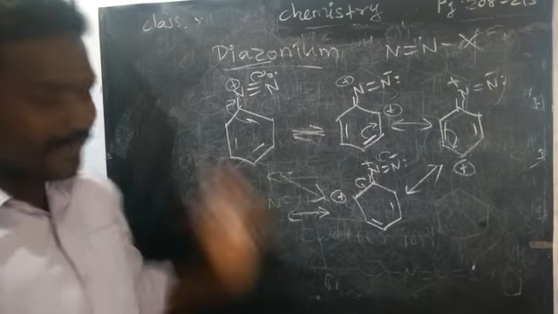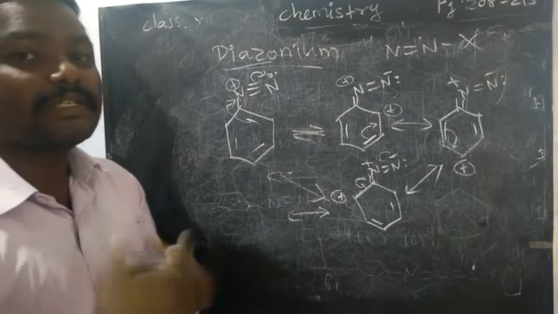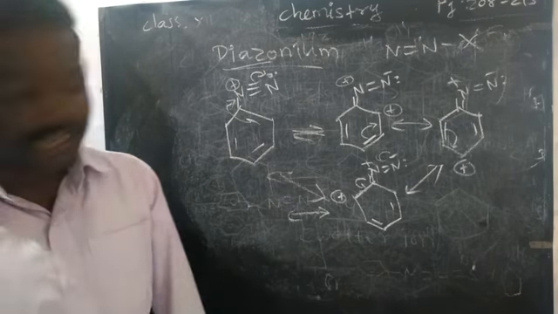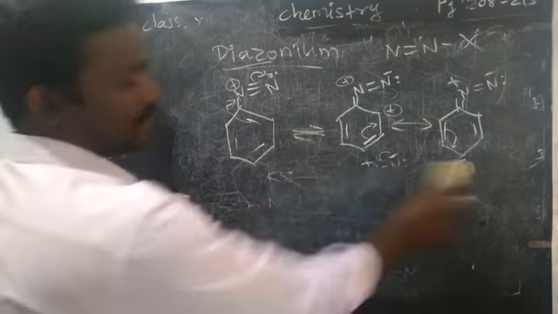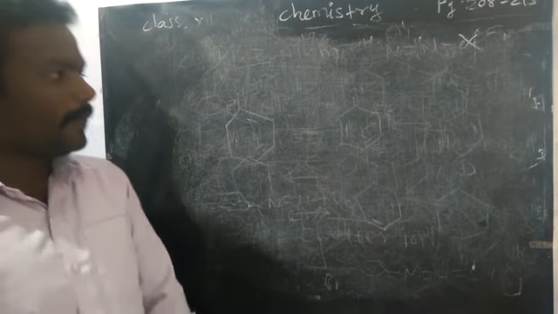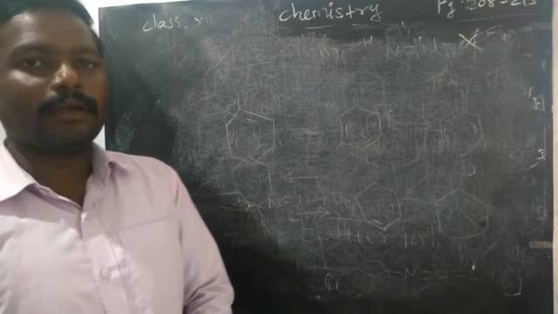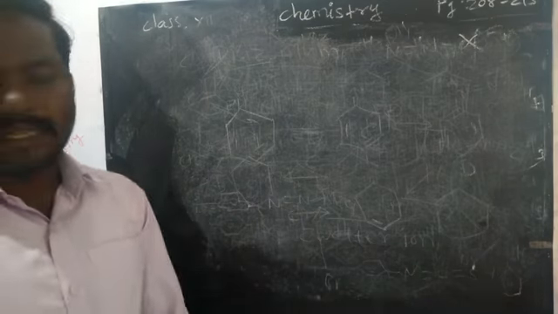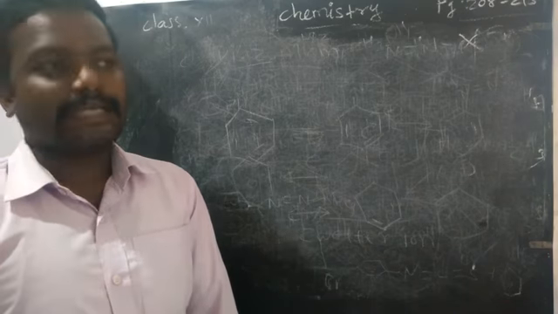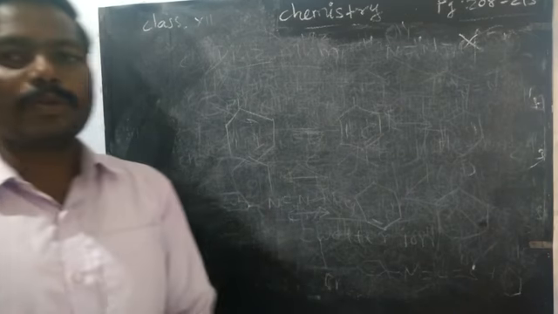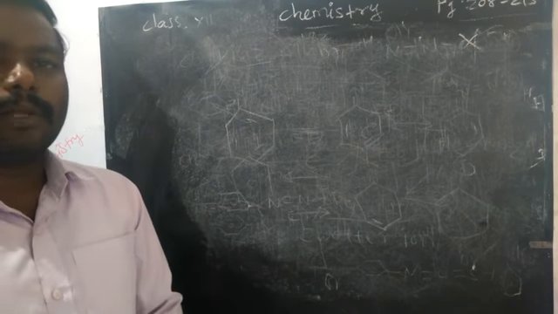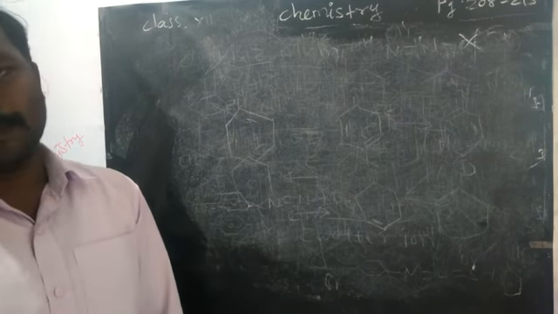So because of these many resonance structures it can form, it is stable. Okay, the stability of benzene diazonium chloride we can explain based on this resonance structure of diazonium compound. So preparation, already we have finished for many diazonium compounds. Then physical property. What do you mean by physical property? See, in the physical property, it is less stable at room temperature, readily soluble in cold water, and soluble in normal water, but not stable for a long time, right?